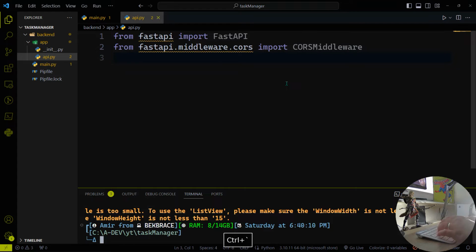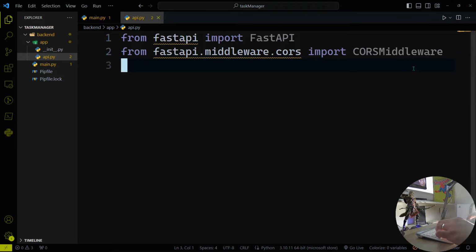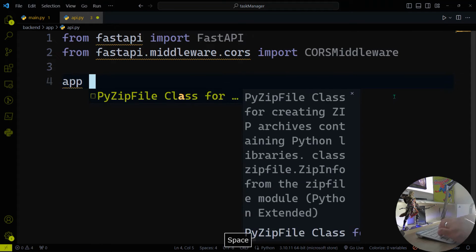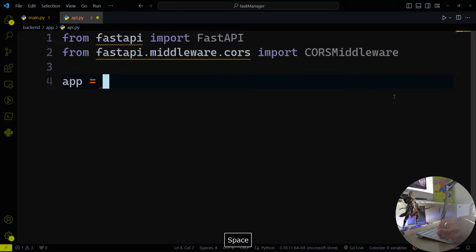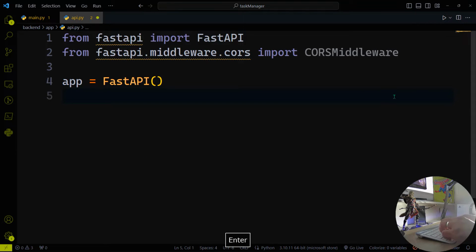All right, let me just make sure that the virtual environment is running. Okay, so it's already activated. So basically the CORS middleware here is responsible for handling any CORS related headers and options requests when we do the HTTP requests. And I want to instantiate the FastAPI class by creating an app object. So FastAPI, that's okay. And next I want to define